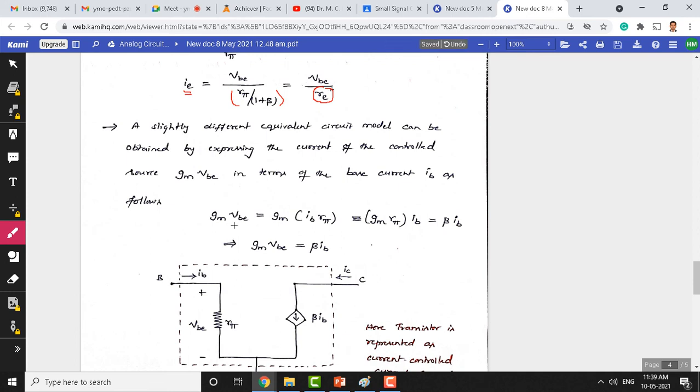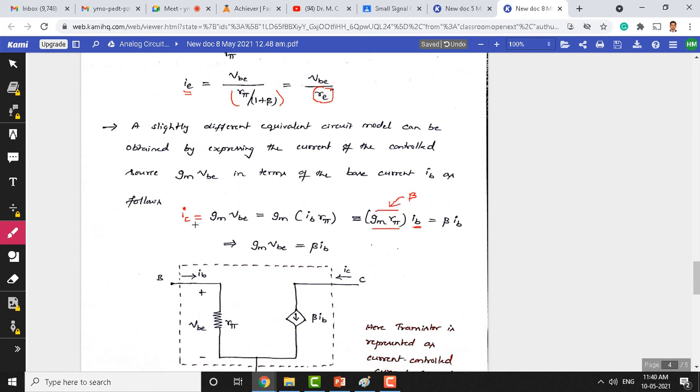Okay, so let me write it here. Though we have not mentioned it here, this is IC, which is equal to, this is small c, which is equal to gm times VBE, and gm into VBE can be written as IB times R pi, and gm into R pi can be grouped together, that is multiplied with IB, the same IB term here. This gm times R pi can be called beta, this total term is equal to beta.